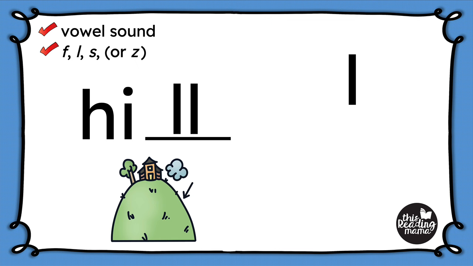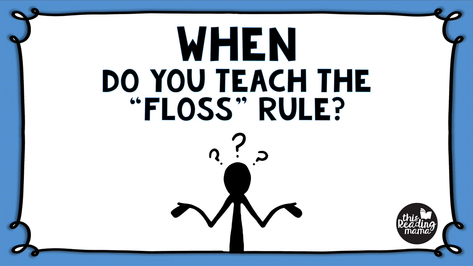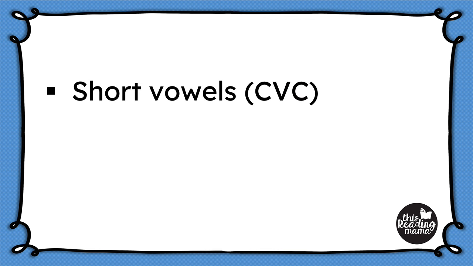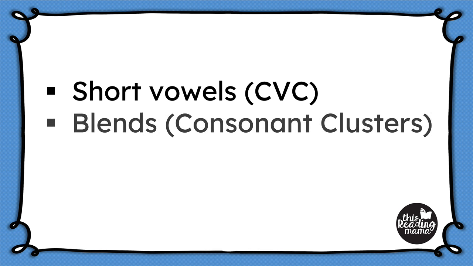Now, knowing and teaching the floss rule is great, but how do you know when you should teach the floss rule to your learners? When are they developmentally ready to learn about it? Well, here's what I think. I think when your learners already know how to spell your CVC short vowel words, that needs to be behind them. They need to know how to spell and read these kinds of words. And as you begin to introduce reading longer words and spelling longer words that are short vowel words that have blends and digraphs at the beginning or the end, I think this is a great time to introduce the floss